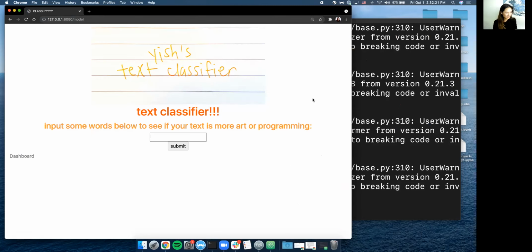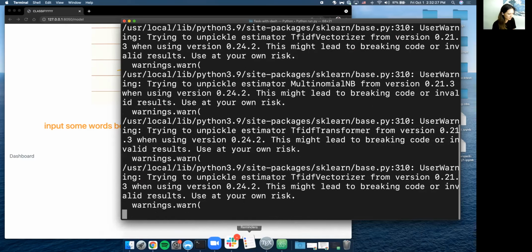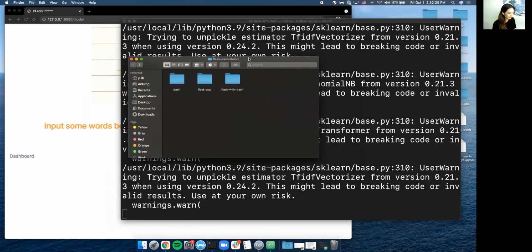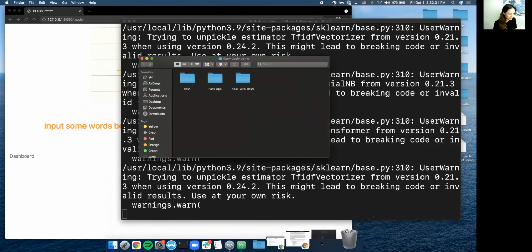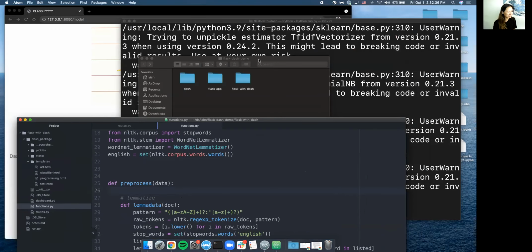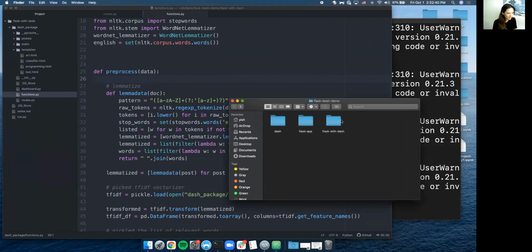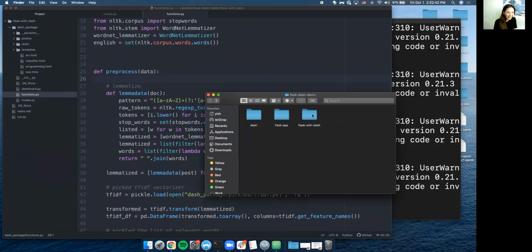And so to do this part is very similar, but I do want to show you all the file structure of Flask with Dash because that is the most confusing part. So where did I have that? Okay. Oh, actually, no, let me show it to you all via Atom. All right, so actually, let me show it to you all both ways. I think that'll be easier. Okay. So here within Flask with Dash,